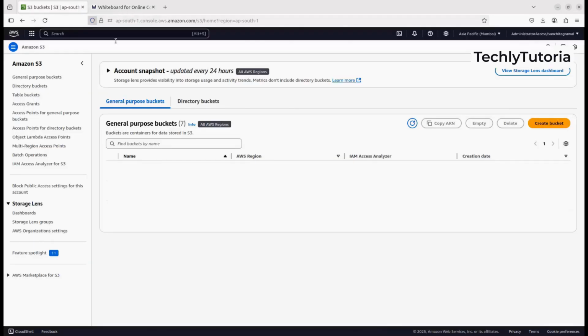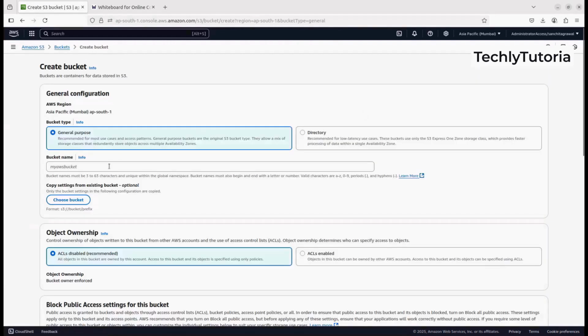So coming to the implementation, the first step is to create a bucket. You can have any name, but ideally, as a standard, it is better to have a name which represents what the website does, so that it is easy for you to identify when you have multiple buckets or multiple servers. So it will be easier for you to identify which is for what purpose. So let's say we'll be hosting a small demo website for a car rental. So I'll just name it car rental website,